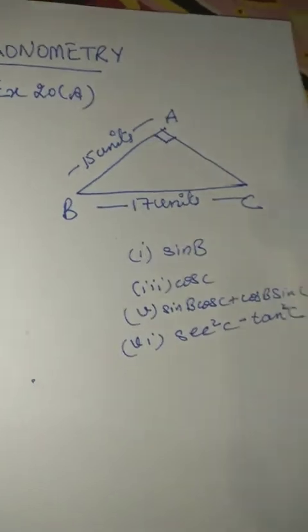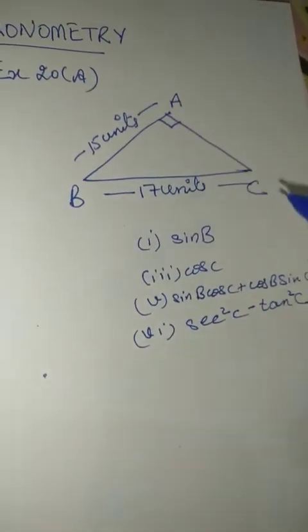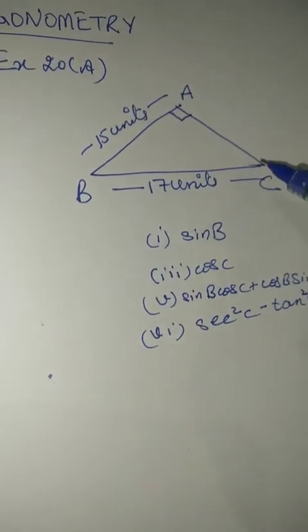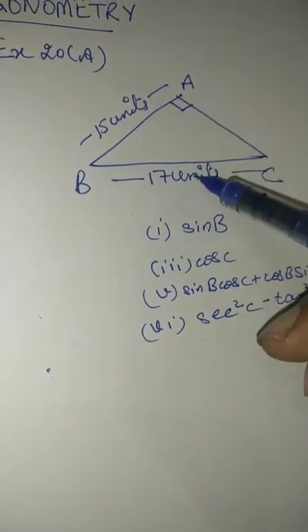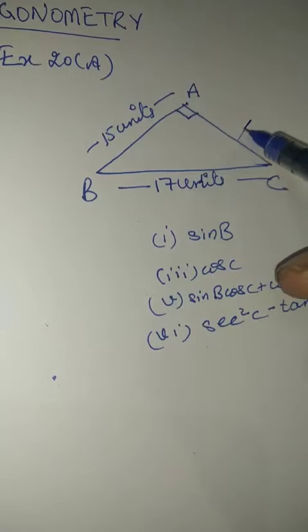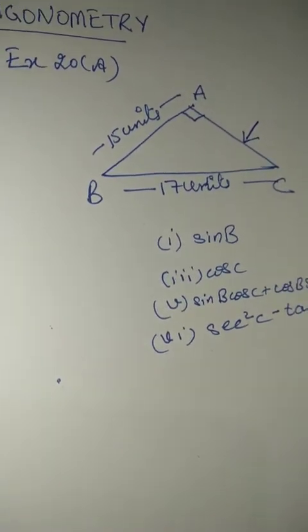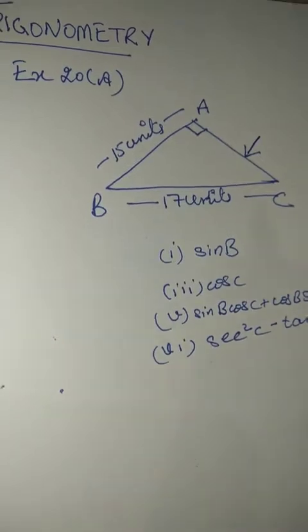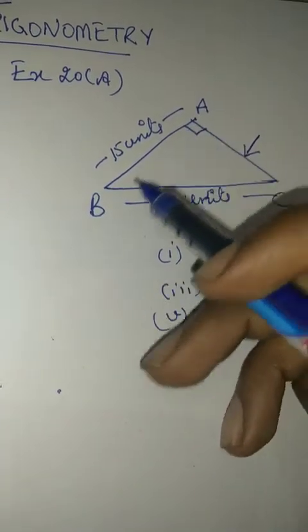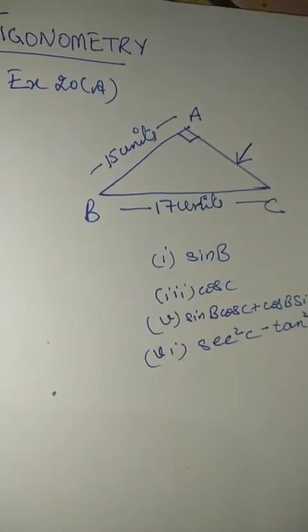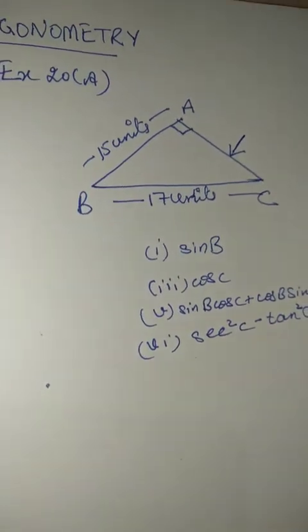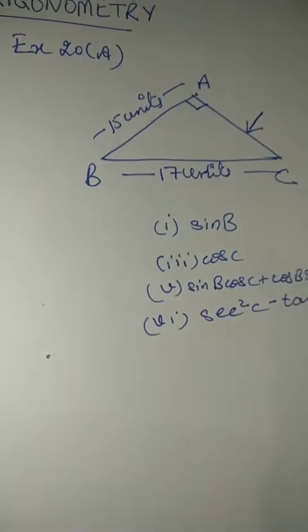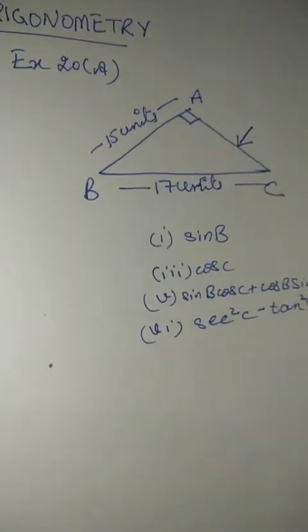Always remember, whenever we have to calculate any of these ratios, the very first thing that is important is that if we are having two sides given for a triangle, do calculate the third side. To calculate the third side, we can simply see that we are having a right angle triangle being given to us. And the very simple thing that gets applied to a right angle triangle is the Pythagoras theorem. So yes, we are going to implement the Pythagoras theorem.